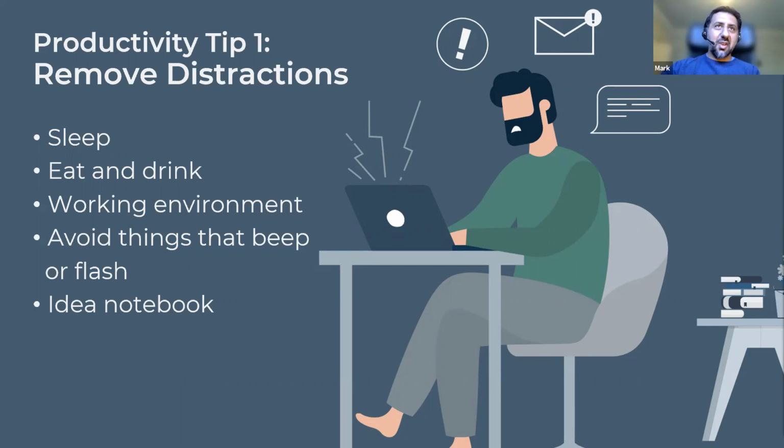So other simple things that we would try not to allow to distract us are food and drink. If we're hungry all the time or we're thirsty all the time, we're not going to be thinking about, how do I structure this code properly? What we're thinking about is probably a Big Mac or something.